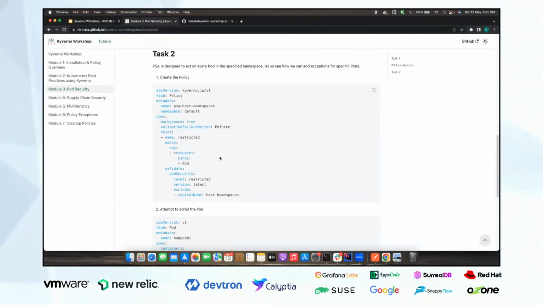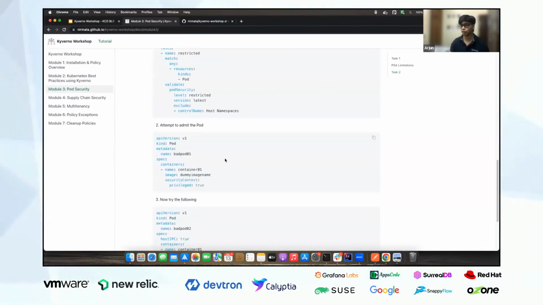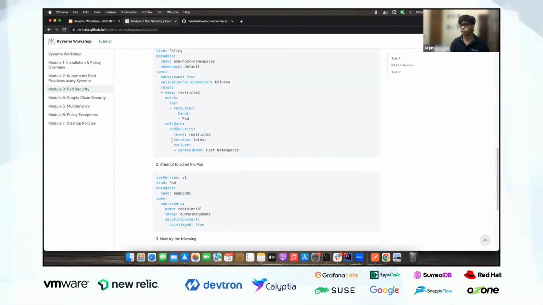Yeah. So in the policy, you can see I have a match rule which would look for pods, and then in the validation I have this pod security. This pod security, essentially, is doing the same thing that PSA does on the default namespace now. And the level I've set to restricted, same as what we did here, right? And the version specifies the PSS version that you're using. But I have one more thing here that says exclude control name host namespaces. That means there are, in pod security standards, if you look at,